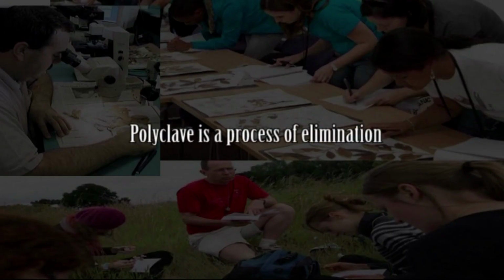Identifying organisms with a polyclave is a process of elimination. In a written polyclave key, there are a series of characters and character states. Each state is followed by a number or code for the species that possess that feature. The user selects any character and then copies down the list of species that possess the feature. Then the user selects another character and eliminates any species not common to both lists. This process continues until the specimen is identified.